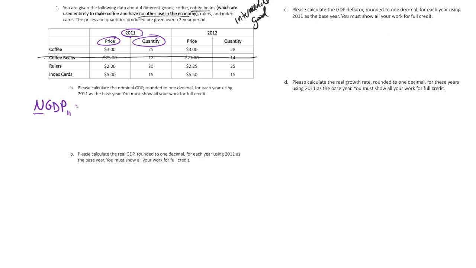So I need to find the value of production. Well, we start with coffee. We know that there were 25 units of coffee times $3. And then we also know that there were 30 units of rulers. And we know those were $2, so that's the value that rulers gives us. And we know there are 15 index cards, and that was for $5, and that's the value that index cards